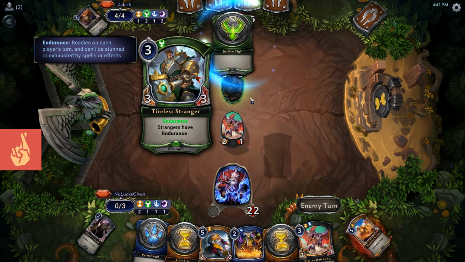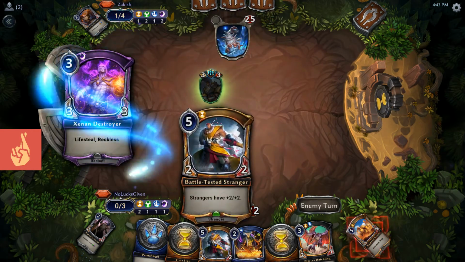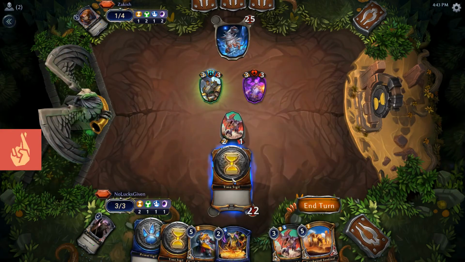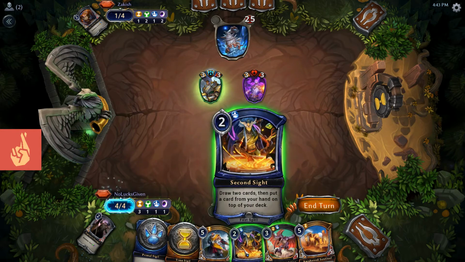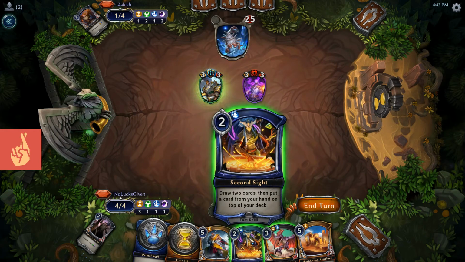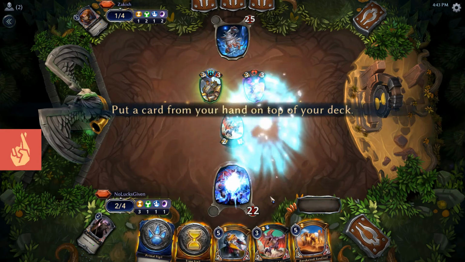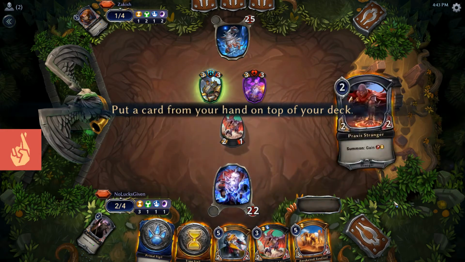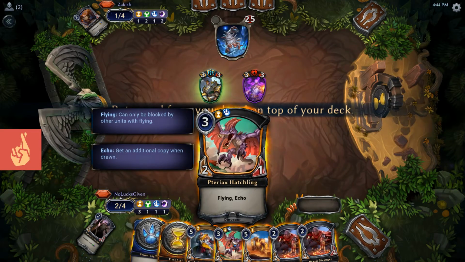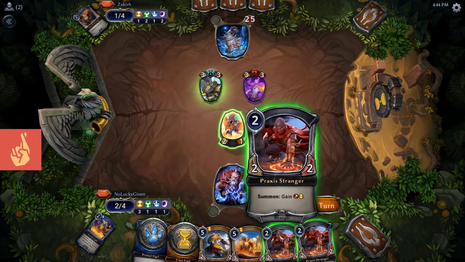So unfortunately, my opponent having some Strangers makes it pretty awkward for me to play one of the battle-tested variety. I guess I want a second sight here just to put the hatchling back on top of my deck. See what we draw first. Oh, sweet. Drew some Praxis Strangers. That is pretty good. That means that we can